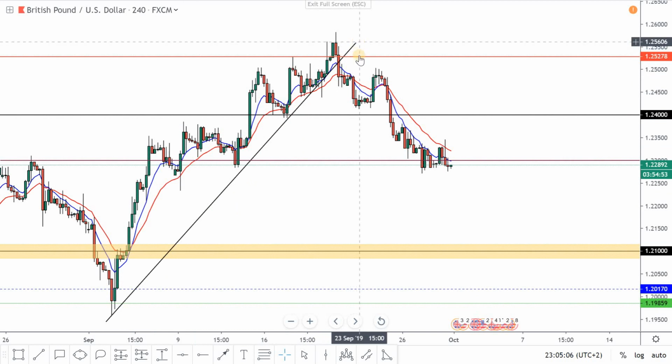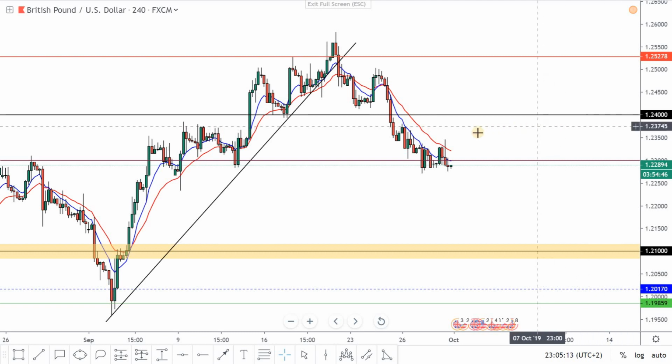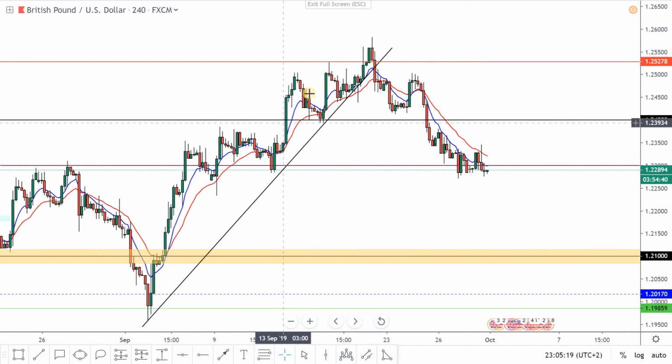which was already broken, and we also have this number which is 1.24, which is a very important number in the GBP USD. Also, as you can see over here, we have this head and shoulders pattern, and this number 1.24 acts as the neckline of this pattern. So I think we can consider this the neckline, and we can enter a sell trade over here after we